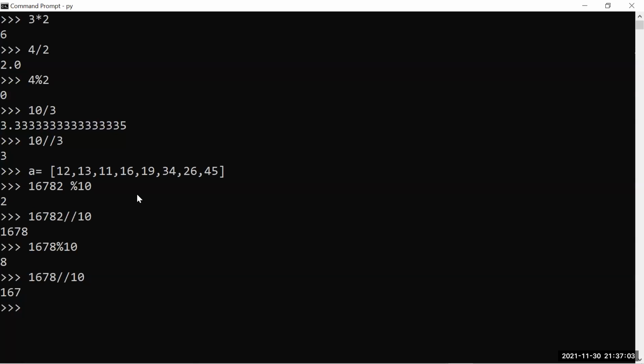Okay, cool. So we'll be having multiple combinations of these operators when you're going to write a full-fledged code. If you want to write full-fledged code, you're going to get multiple operations.